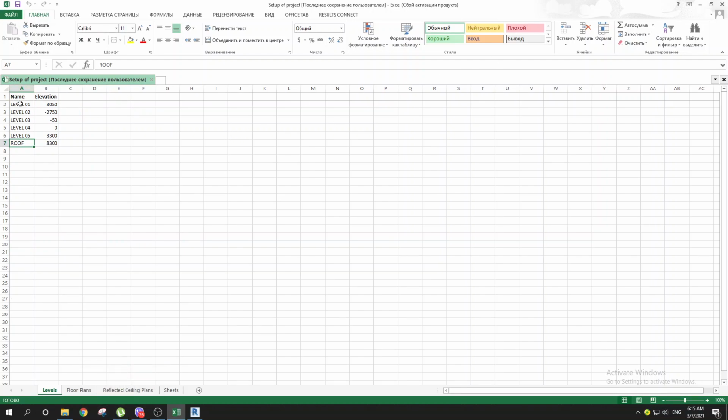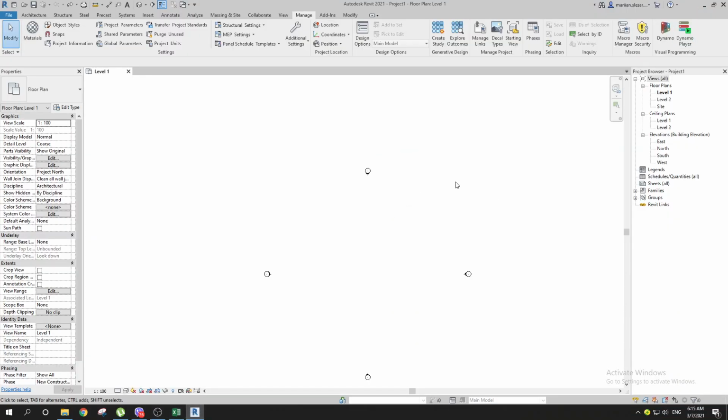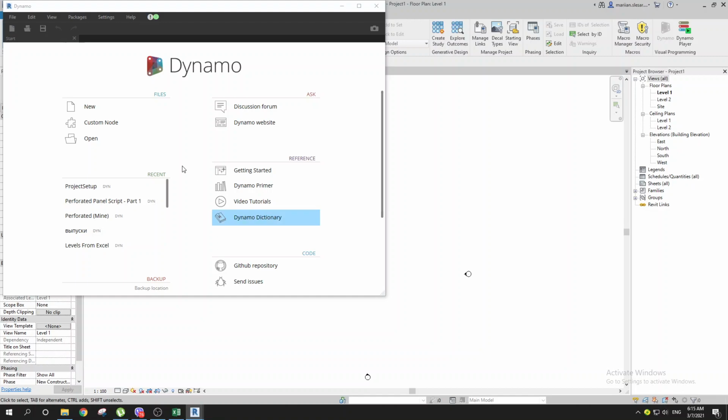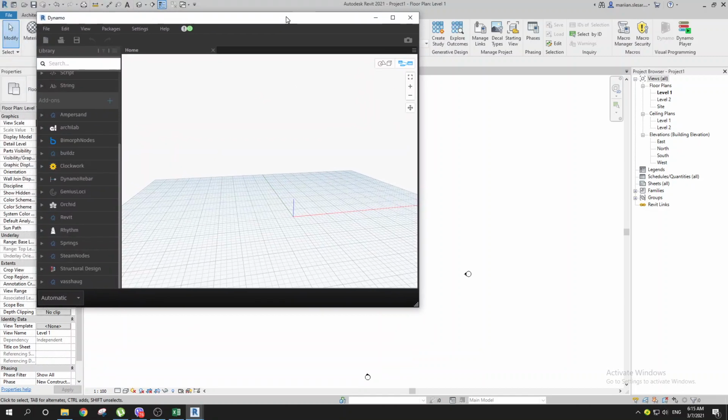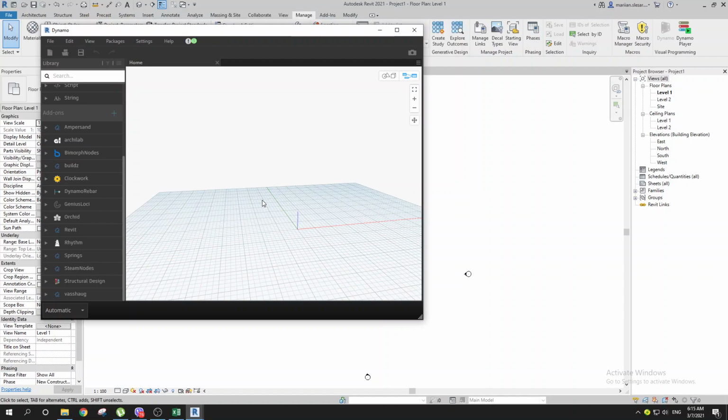Even before understanding what I've written over here, I want to fire up Dynamo and just show you a couple of things like how you need to understand this. Let's wait for a minute, go with new for example. And when it comes to creating something using Dynamo, you always need to think, and that works for me pretty well, you need to work backwards. Think of the last thing, the node which you want to end up with. So for example, you want to create a level, you type Level.By,